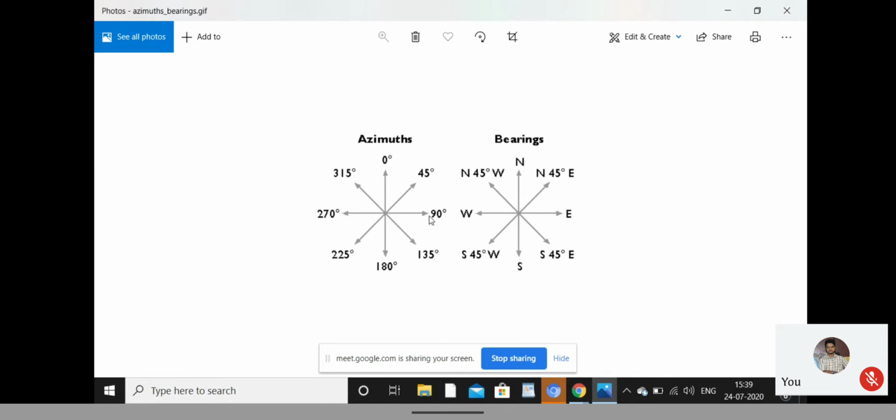So now tell me, if I want to show north in our microbit chip, what reading I should give? 0 degrees, right? But teacher, if you set 0 degree, then exactly on 0 only it will show you north. If your arrow is a little off on the compass, it will not show you north.